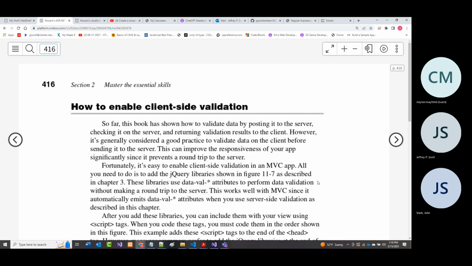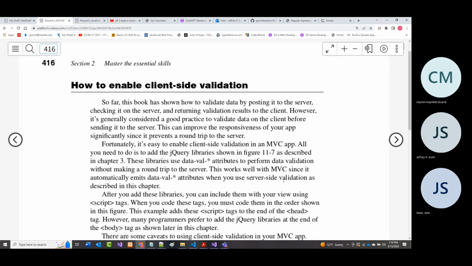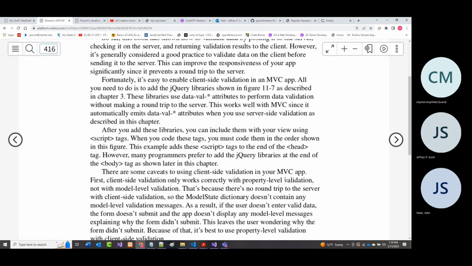We talked about the fact that it is possible that the user can have JavaScript disabled, but let's face it, Joe or Joan average user probably doesn't even realize what JavaScript is doing, so they probably don't have it disabled on their machine. As it says, doing that can improve the responsiveness of the app, and it's not making the server do work it doesn't have to do anyway.